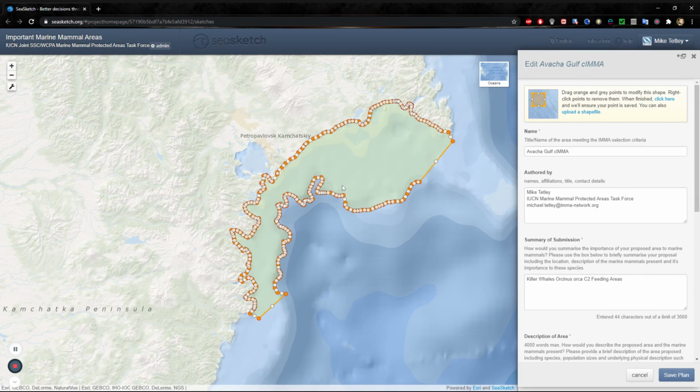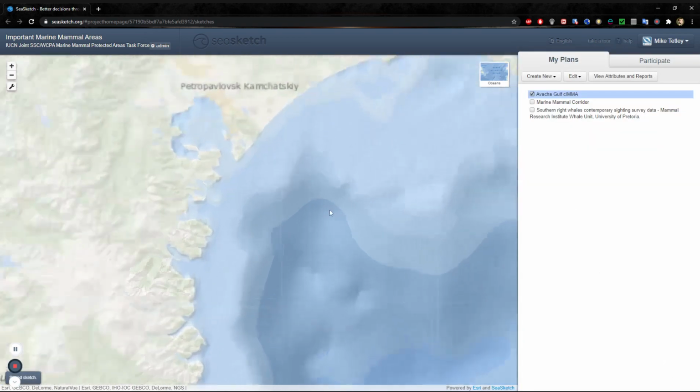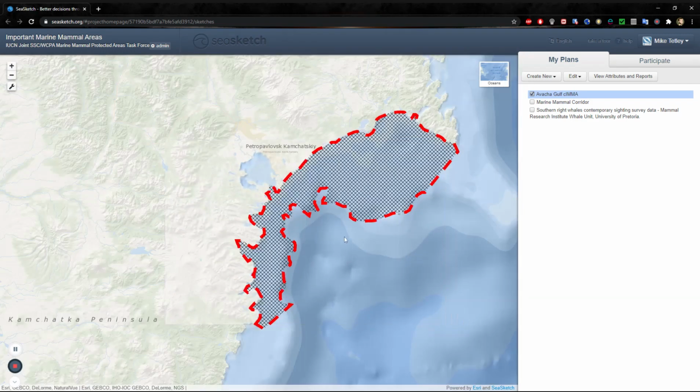Sorry, sometimes it takes a little bit of perseverance, but there you go. So we now have that final area. We're going to save that plan, and yes, there we are. Okay then, so we now have that final IMA area which we have here.